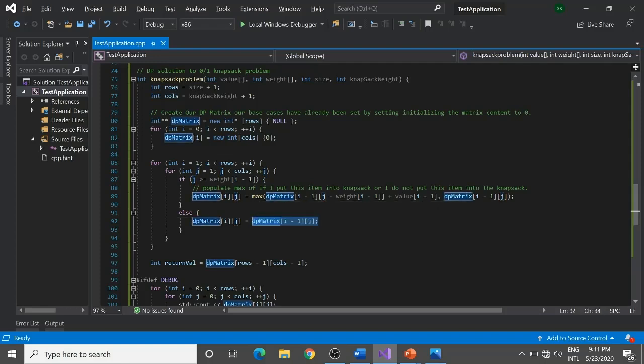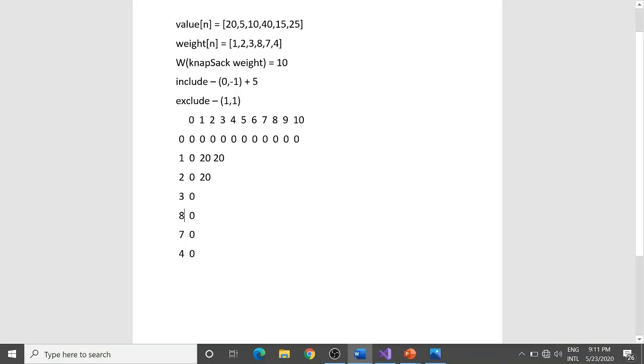Now what if the knapsack weight is more than the weight which currently I am holding? Look, like this is the case. My knapsack can hold a weight of 4 and currently I am on element 2. So what is the weight of element 2? It's 2 and my knapsack can hold 4. So I can either include this element or I can exclude this element, because the weight of this element is not more than the weight my knapsack can hold.